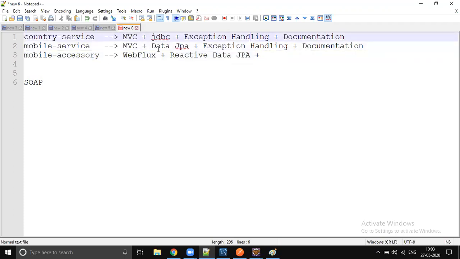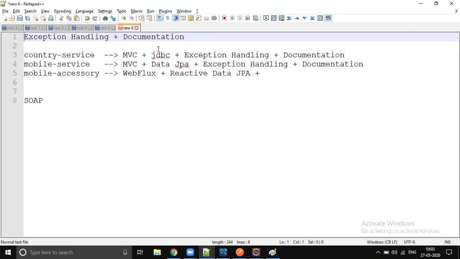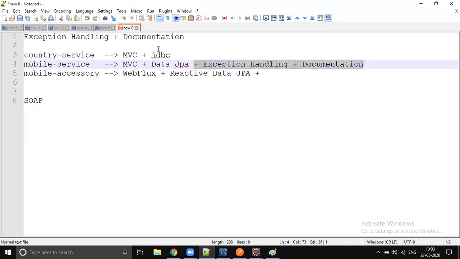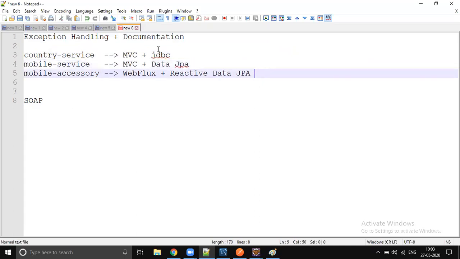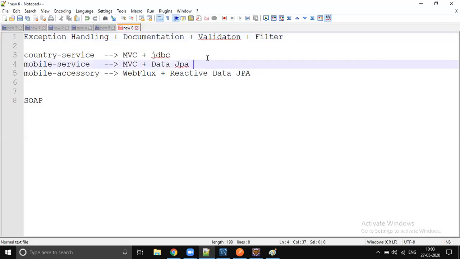These functionalities, exception handling and documentation, are common for all microservices. We will move them out like a common framework, a common place that we will use in every project. So exception handling, documentation, validation and filtering. I think filtering also we implemented.